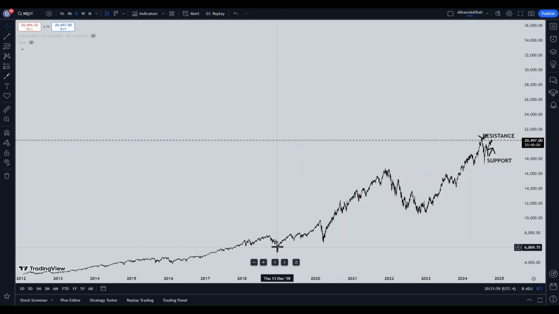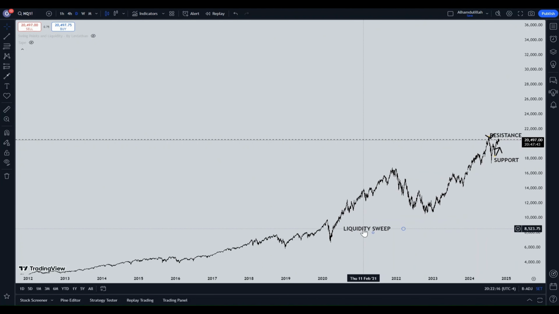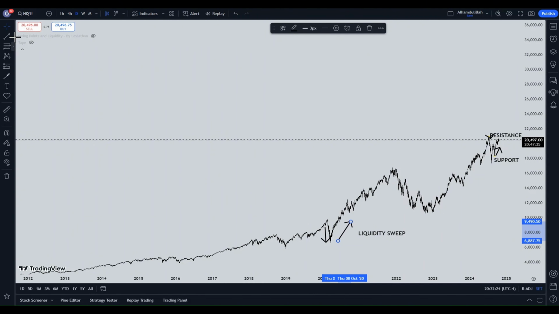So for example, if this is a low right here, then this is also a low too. This is a higher low than this one, and it's going to go ahead and break out of the previous highs eventually after it creates enough ammo, does what's called a liquidity sweep, which is pretty much when the market travels downward, collects ammunition, and then eventually has enough ammunition in order to break out of the previous area of support,